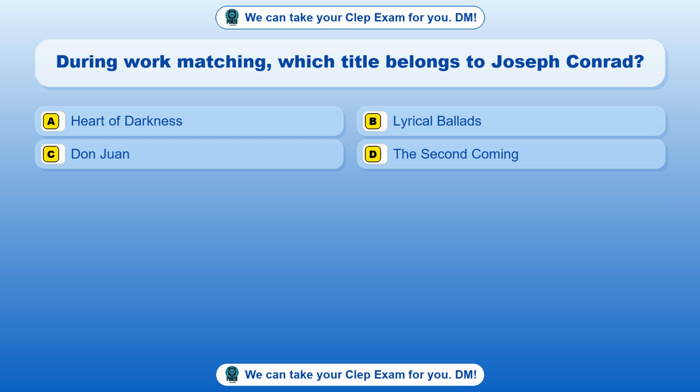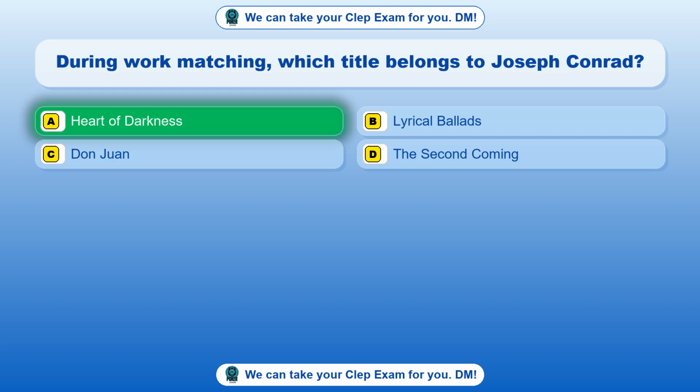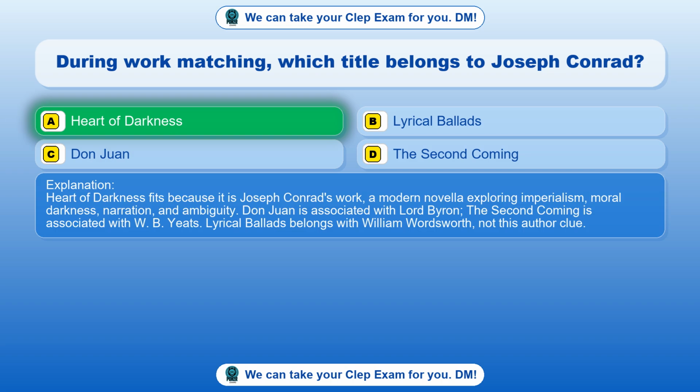Question 93. During work matching, which title belongs to Joseph Conrad? Option A. Heart of Darkness. Option B. Lyrical Ballads. Option C. Don Juan. Option D. The Second Coming. The correct answer is option A. Heart of Darkness. Heart of Darkness fits because it is Joseph Conrad's work, a modern novella exploring imperialism, moral darkness,